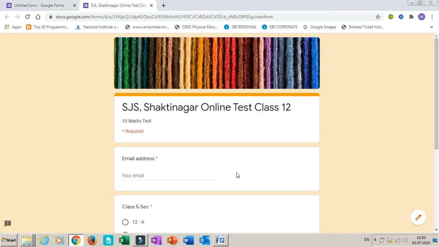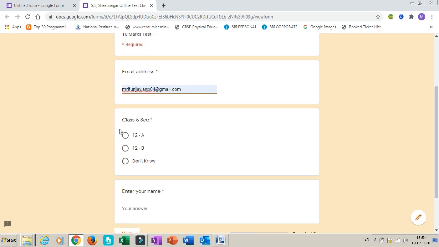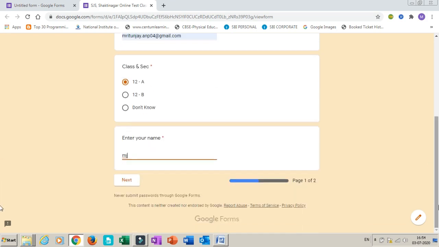So I will enter an email address. I've selected one email address. Now select the class and select the name. For example, I'm writing a name like this, and I will click on next.